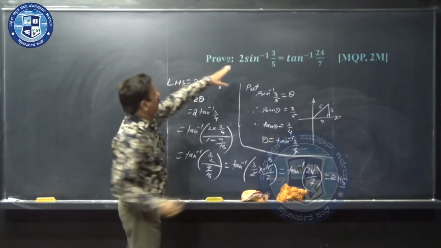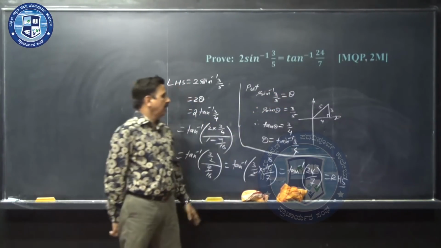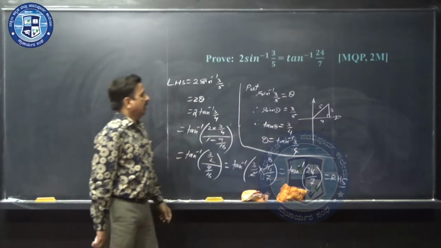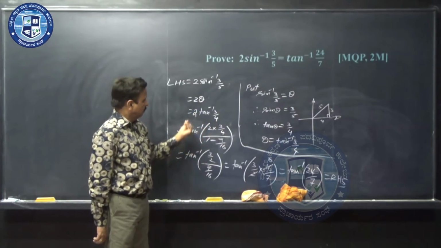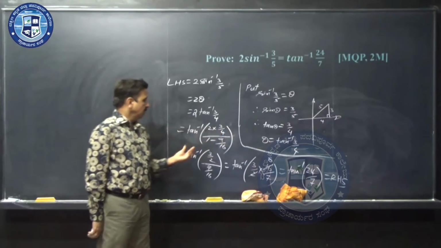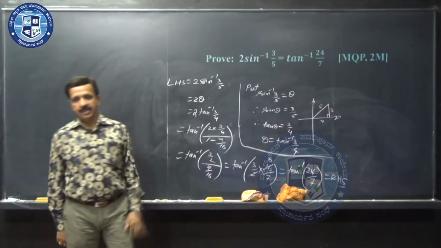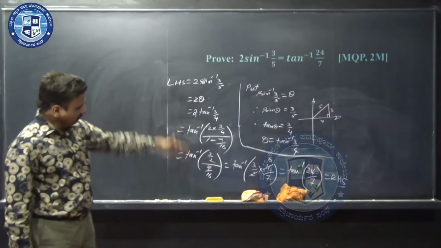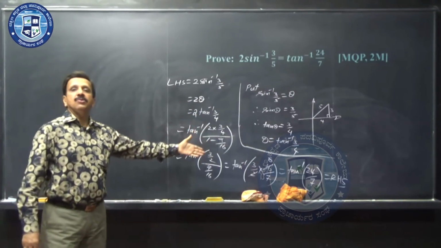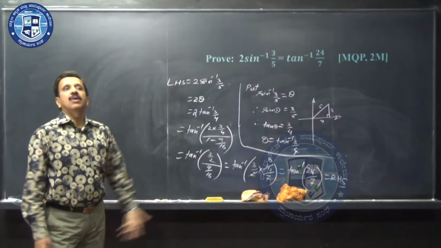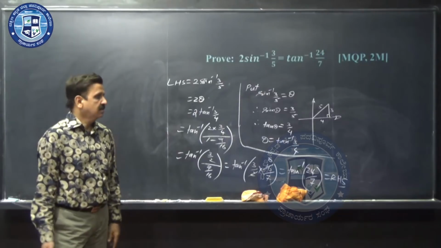Once again I repeat, I have taken left hand side, I have put sin inverse 3/5 equal to theta, then got tan theta, then 2 theta, theta is equal to tan inverse 3/4, 2 tan inverse x formula, tan inverse 2x divided by 1 minus x square, and simplify, you will get the answer. Come on, write the question and work it out. A 2 marks question can be asked in 2021 or any exam prior to that, even in college exams they may ask. Come on.